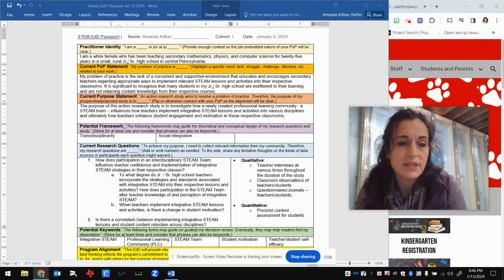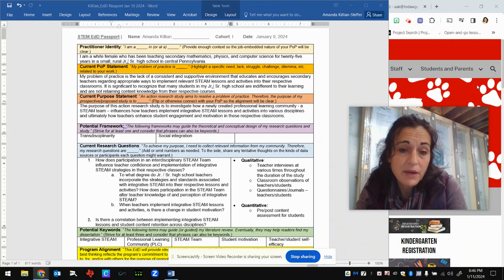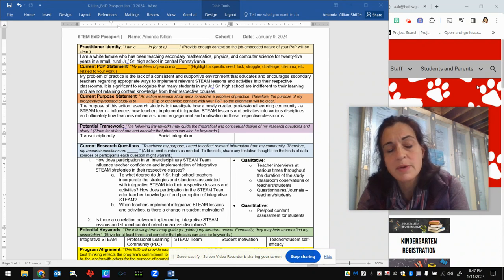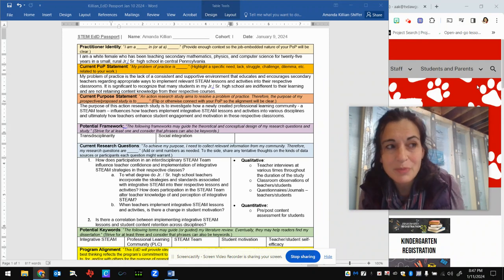I just want to be able to reach out to my colleagues and help encourage them to incorporate some of these ideas into their own classrooms so that we can reach more of these students, because many students don't have to take a math or a science their senior year, and I think we're maybe doing them a disservice by not providing some other ways that they can get content knowledge and experience some of this information. But I think it begins with the teachers.